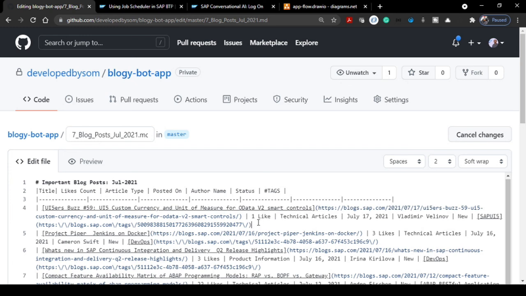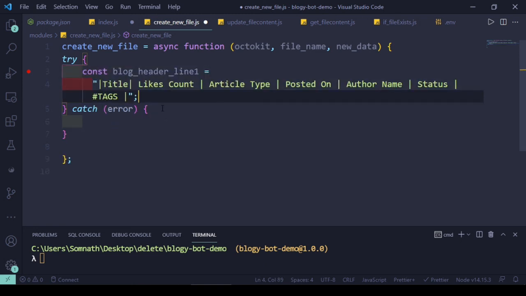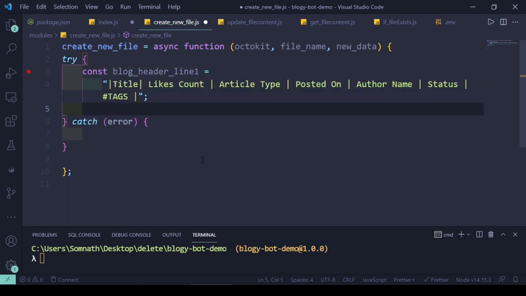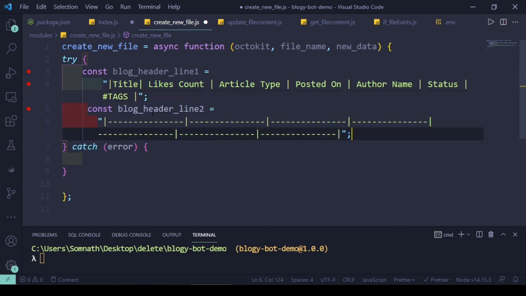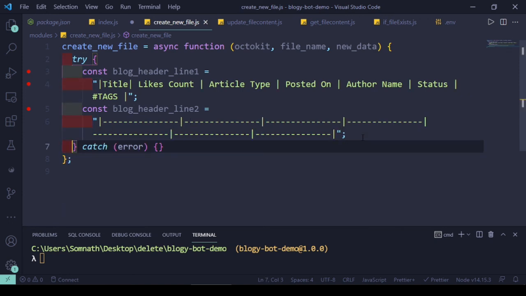Okay, so till then let's create these first, these two or three pieces to start with. Let's add the blog header part first. It will have the title, likes, counts, and all the different columns. Let's now add the line 2 part, which is all the separators with pipe separator. Let's save this.